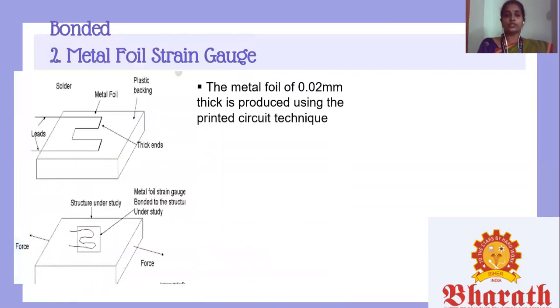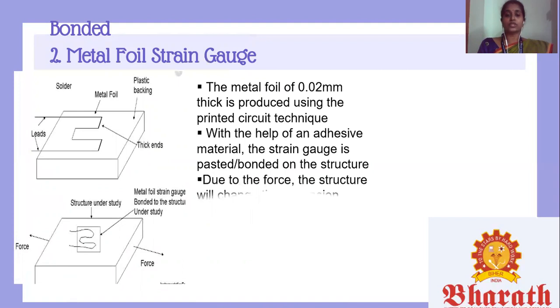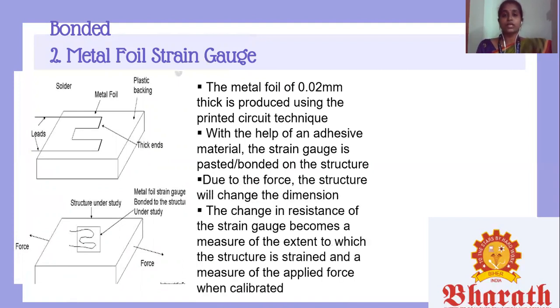The next kind of strain gauge is the metal foil strain gauge. The arrangement consists of the following; please refer to the diagram. The metal foil is 0.02 mm thick and is produced using a printed circuit technique. The metal foil is produced on the side of a plastic like Bakelite or Teflon. Leads are connected or soldered onto the metal for electrically connecting the strain gauge to a measuring instrument like a